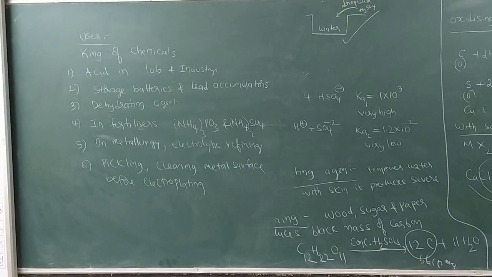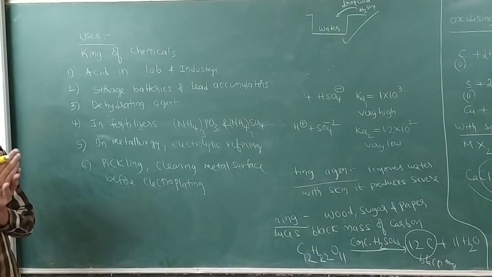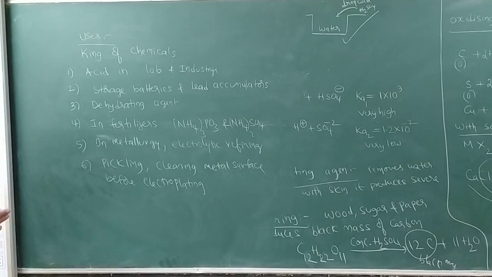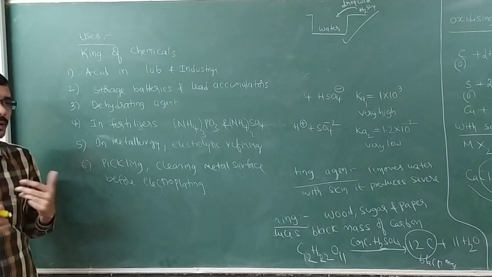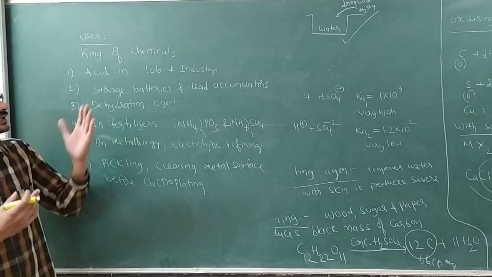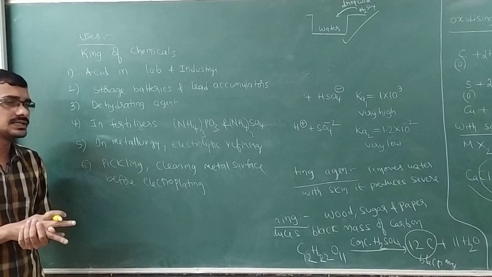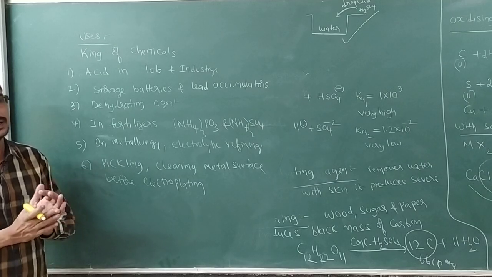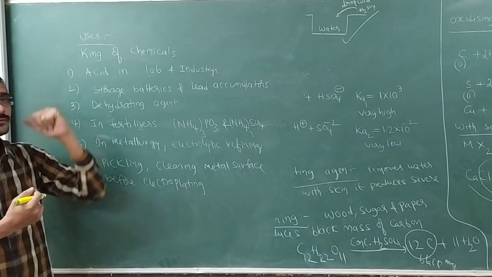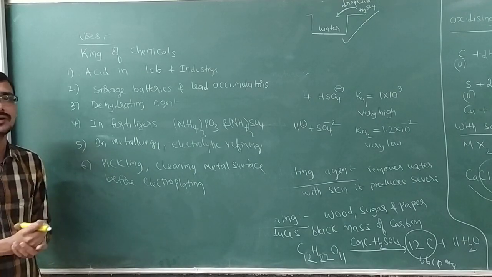Finally, we will take the uses of sulphuric acid. Now, first thing, if you observe, sulphuric acid is called the king of chemicals, because anywhere you observe, in the making of any type of compounds and laboratory reagents, we generally use H2SO4. So, that is the reason. Also, one more thing, in any number of industries, many industries never run without sulphuric acid. And also, a country's economy depends upon sulphuric acid. Whether it is a developed country or not, we can determine by how much sulphuric acid is produced